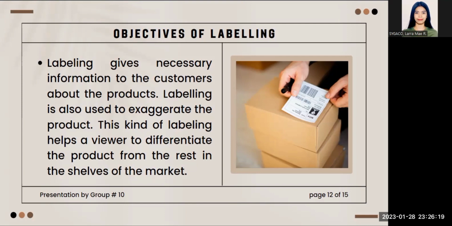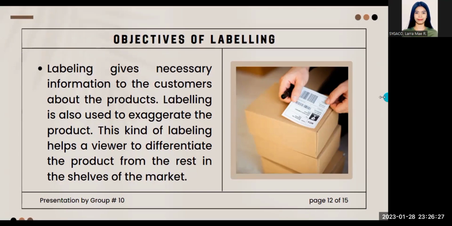This kind of labeling helps a viewer to differentiate the product from the rest in the shelves of the market. So the next one of the objectives of labeling is, next slide po,